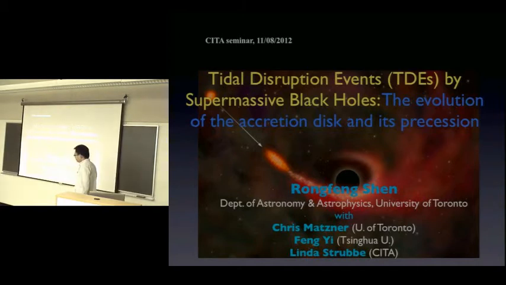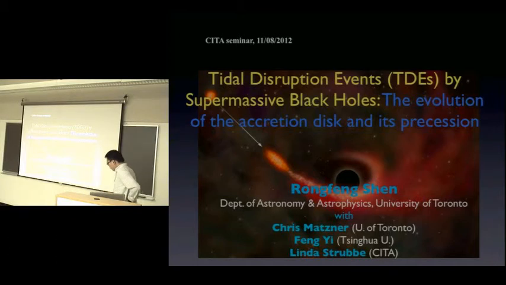My recent interest in tidal disruption events was mainly inspired by the recent detection of a candidate event, which I will talk about later in my talk. This work is in collaboration with Chris Messner. And just recently, we started a separate project, which is to analytically and systematically calculate the emission of a disruption event.